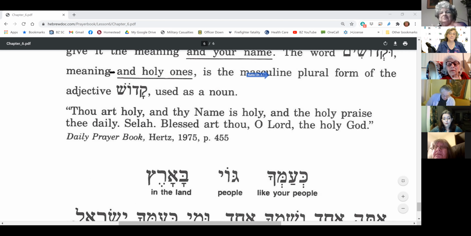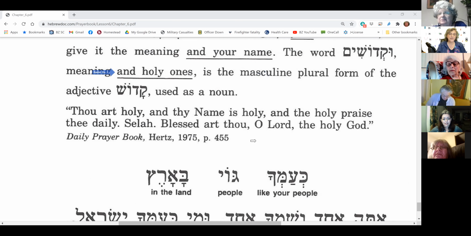That is a quote, right? And it says Hertz, whatever that means. Yep, so 1975, right. Hertz is the name of the rabbi who compiled this prayer book. This is a prayer book that's used predominantly in the conservative movement, but also Orthodox. I've used it a bunch too. It was prominent in the conservative movement, but Rabbi Hertz was an Orthodox rabbi, I think.